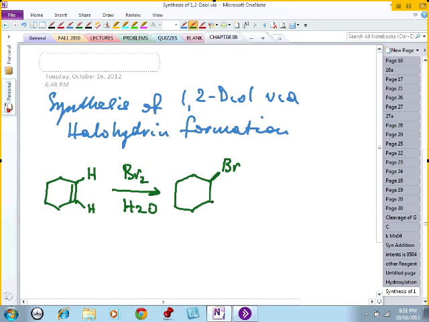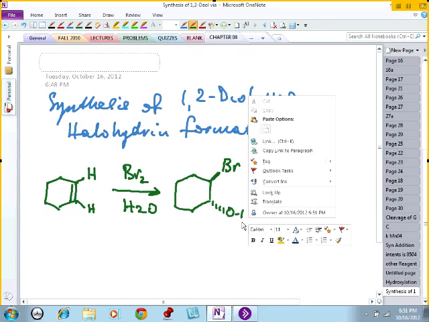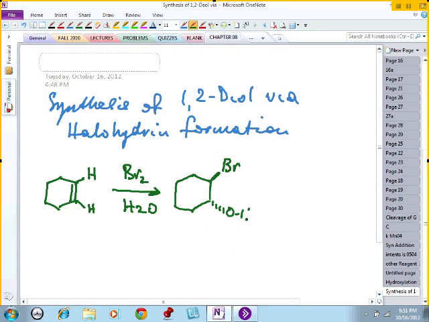In this case, you have bromine here, you have hydroxy here. They will be trans to each other. Okay? Of course, the hydrogen is here, and another hydrogen here. Trans to each other. Now, if you now take this bromohydrin